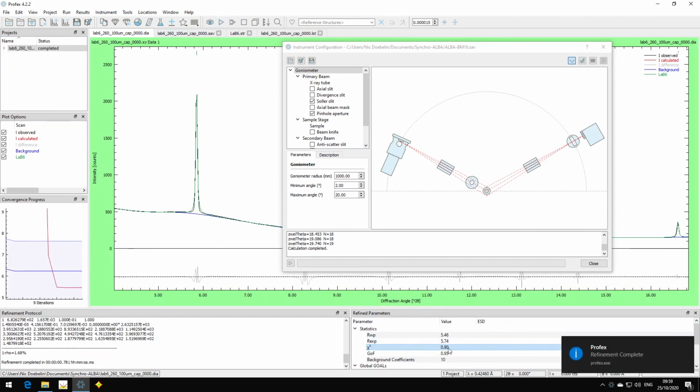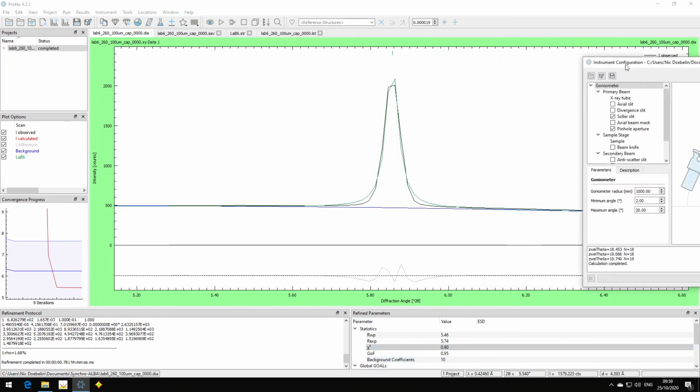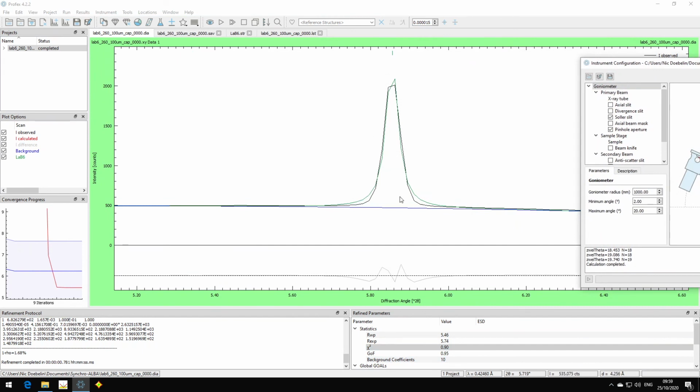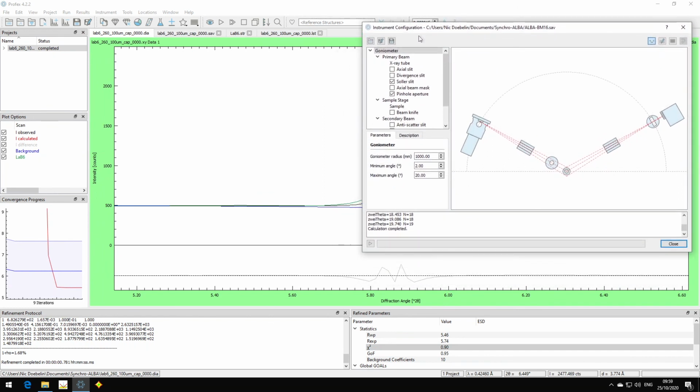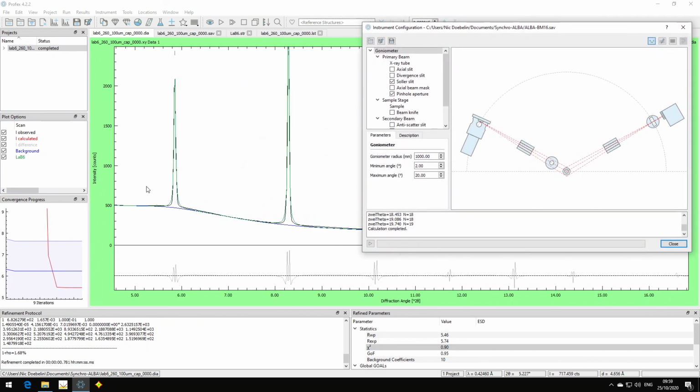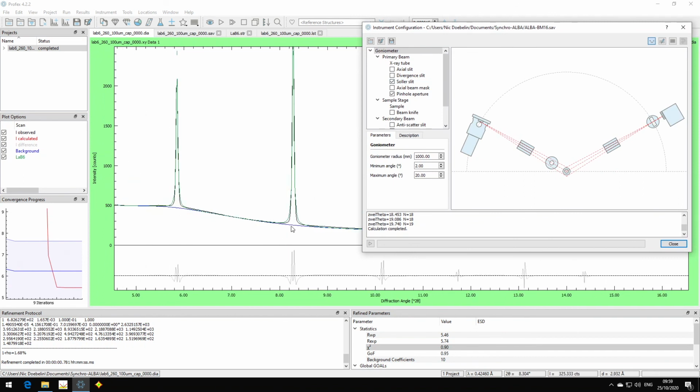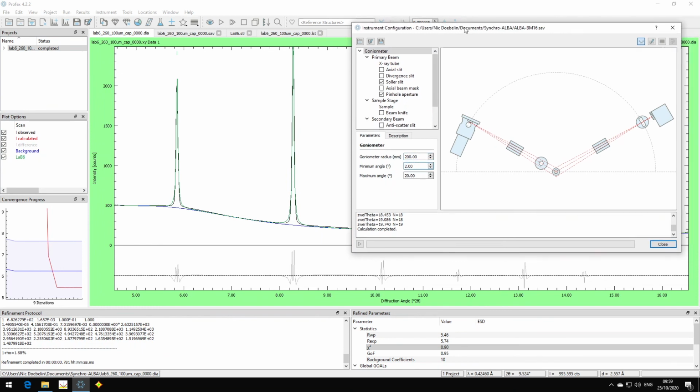Now let's run it. And the fit is a lot worse. It's 0.9 now. And if we look at the peak shape, we see very wide feet. This is probably air scattering simulated by BGMN when it calculates the peak shape. We have it with all peaks. So if you see this kind of misfit, if the fit looks good at the center and the high parts of the peaks but not at the feet, then it's probably a problem with the goniometer radius. Similarly, when we set it very small and we repeat the calculation,